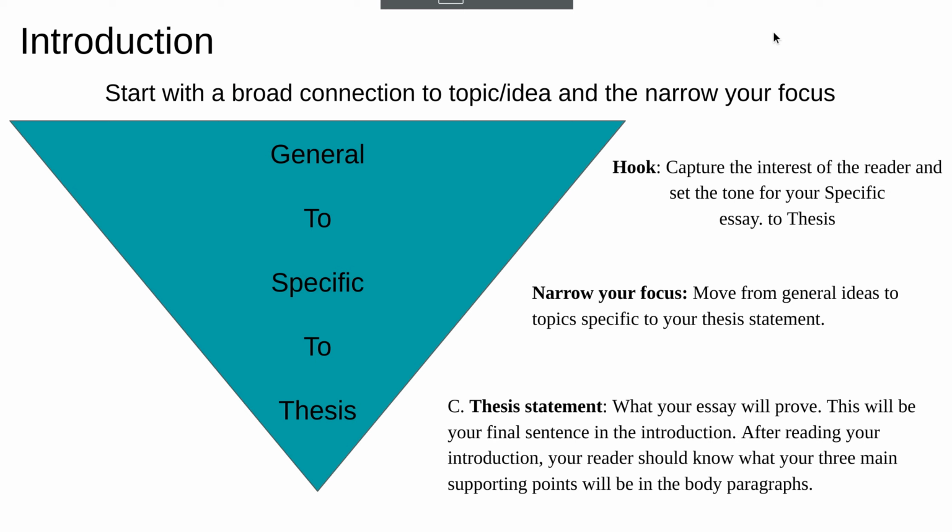So an introduction is always going to start off with a hook, something to capture the reader's interest. Then we're going to narrow it from there, taking our hook and trying to explain to the reader the importance of our topic, the historical background, the significance of the issue, whatever it is we're talking about. We're then going to talk about our three individual body paragraph topics in very brief form, and we're going to finish off with our thesis statement, what our essay is actually talking about. What is our main idea?